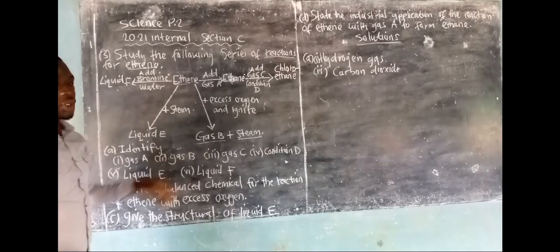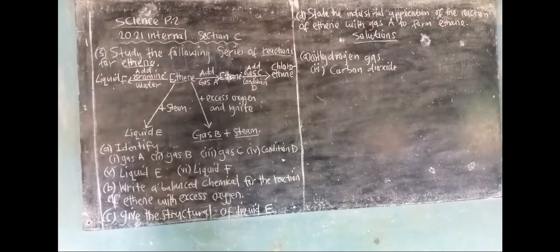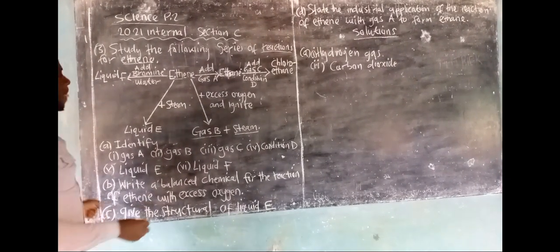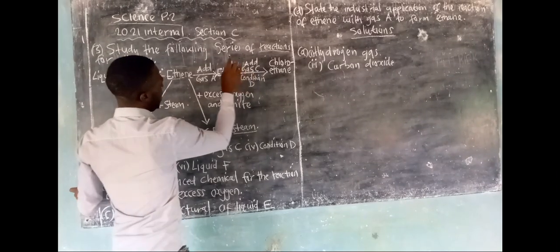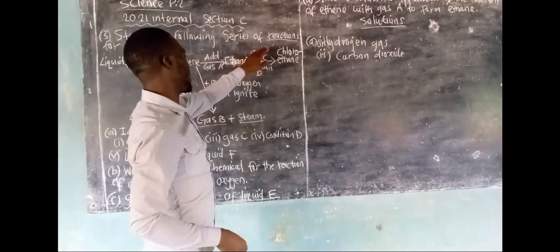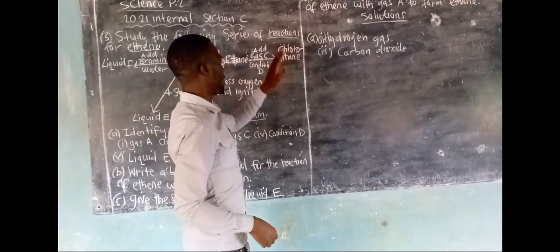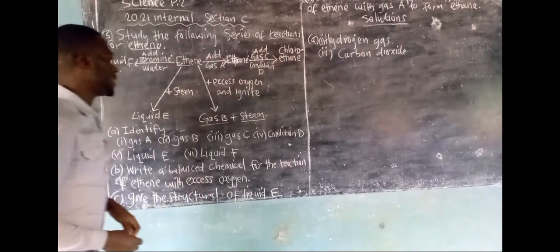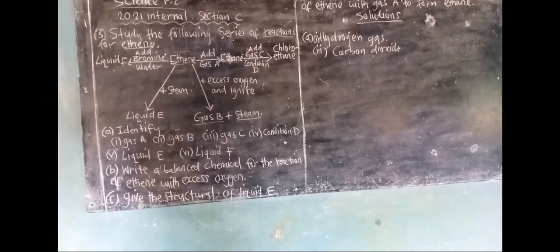Okay, we go to gas C. Gas C, where is gas C? Okay, gas C is here. So now it is from ethane, when they add gas C to give chloroethane. Okay, so what is gas C? So there we know that